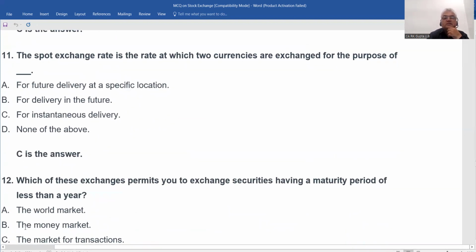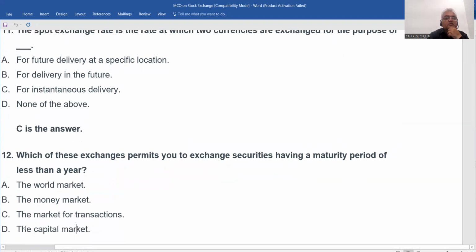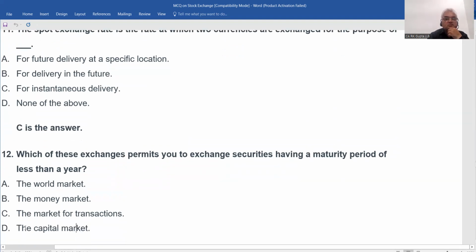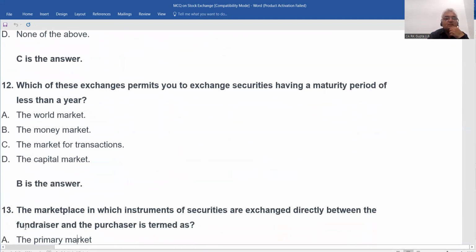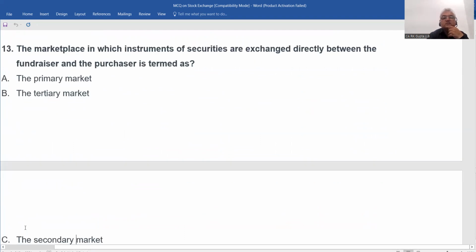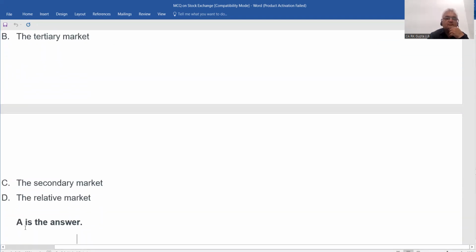Which of these exchanges permits you to exchange securities having a maturity period of less than 1 year? अभी अभी किया है, just 5 minutes before. मनी। Marketplace in which instruments of securities are exchanged directly between the fund trader and the purchaser, क्या कहते हैं इसको? अभी किया है। Directly, it is a primary. Primary market. प्राइमरी।